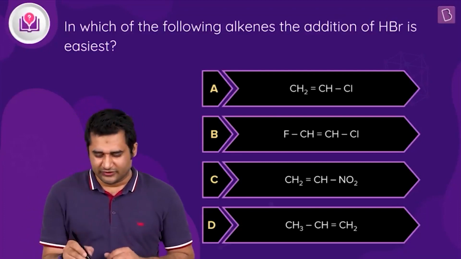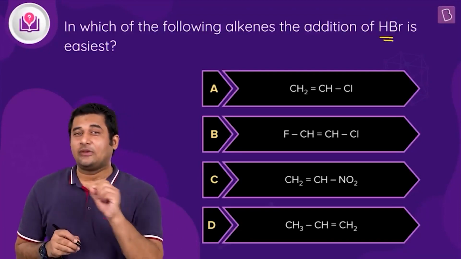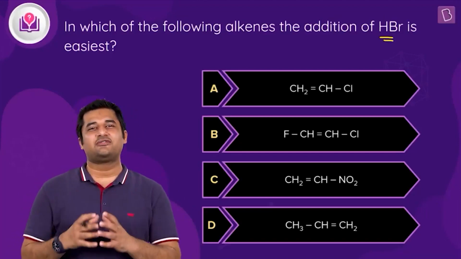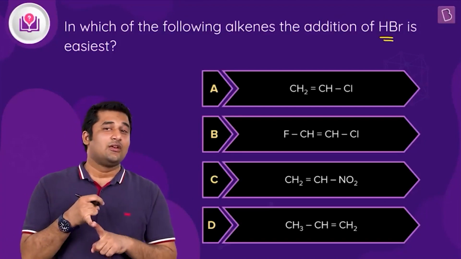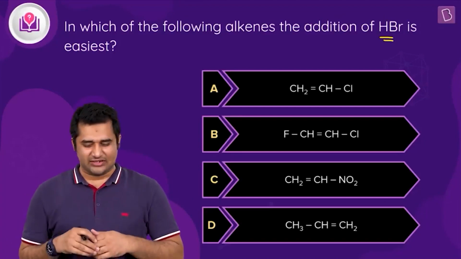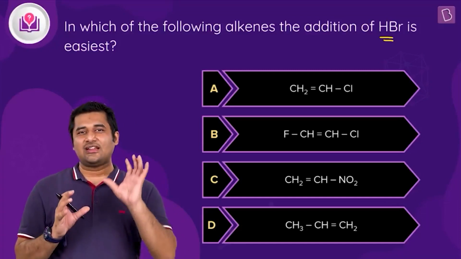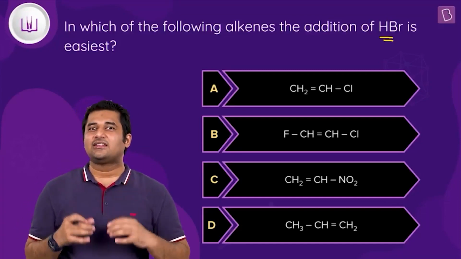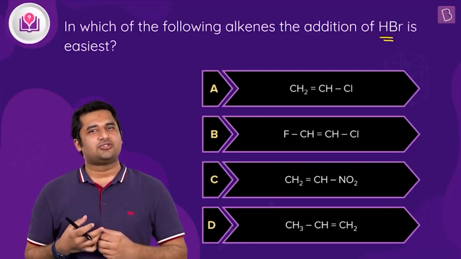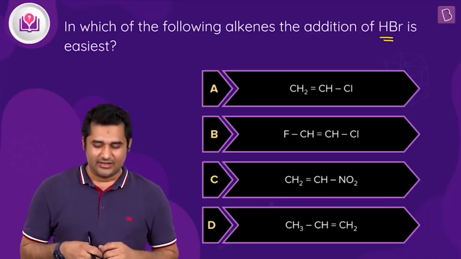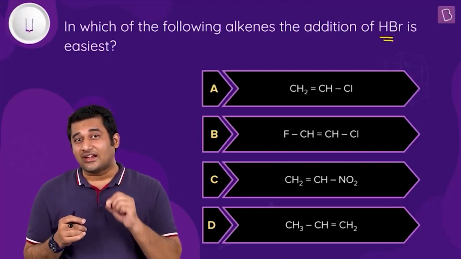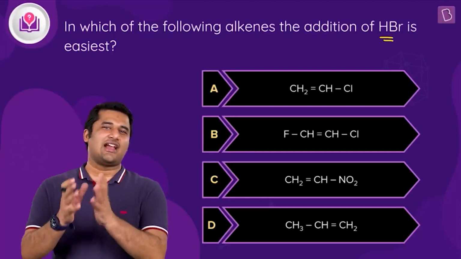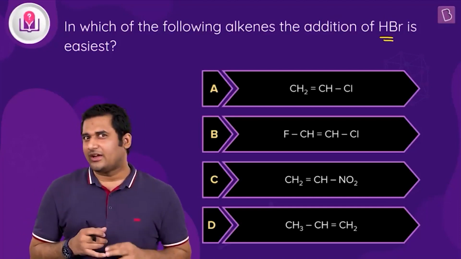Very interesting one. So first of all, let me tell you an important aspect of this reaction, and the important aspect is this reaction is first of all an addition reaction. Why? Because if you see the product of such a reaction, then you will see that H and Br from the HBr is getting added to the alkene. And since something is getting added, therefore it is called an addition reaction. Very important. The second thing is, since H plus attacks first, therefore we can say it is an electrophilic addition reaction. Alright. So two things you are able to understand.